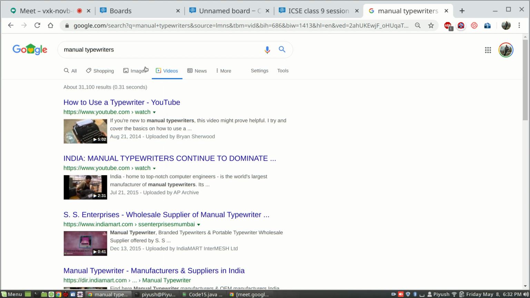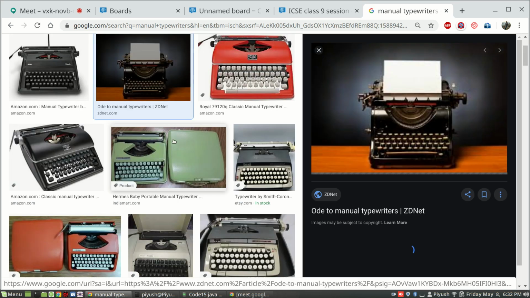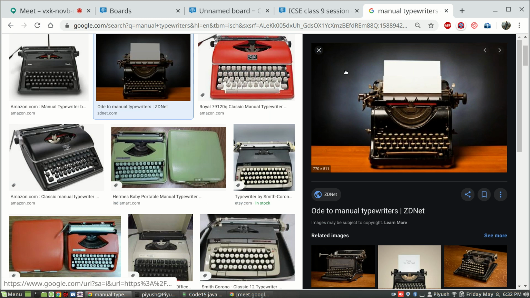Or maybe let's not go into the videos. So you have seen this sort of machine, right? This is a manual typewriter. People typed on it, though nowadays it is not used that much. But in some offices, government offices, you will still find it. So what is happening here is, in these typewriters, when you type, you will see the carriage moving to the left side, right? And then when a person has typed one line, the person will drag it from one end and push it to the other end. Have you seen that thing happening? Yes, sir.